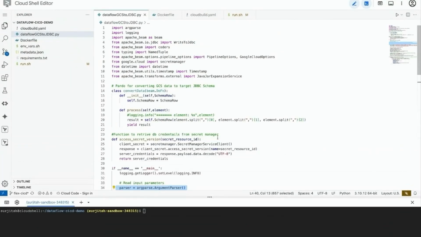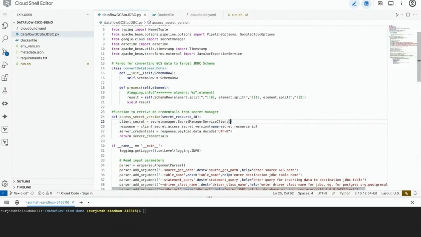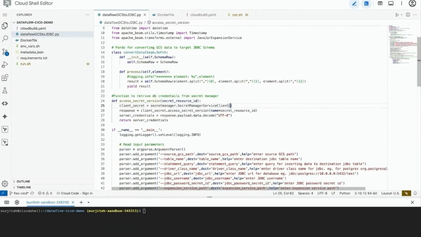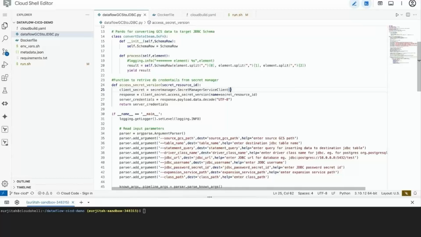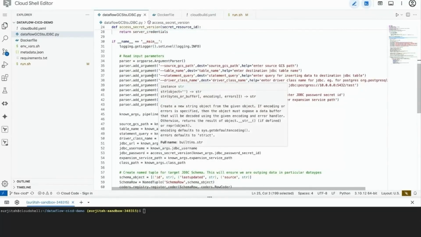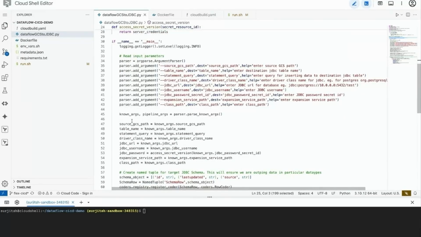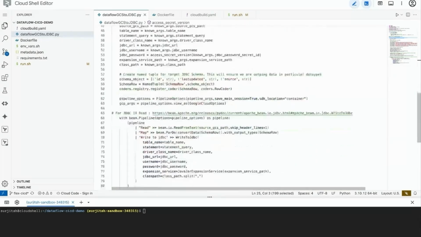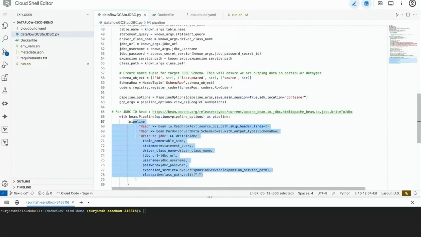So I have created this code, which is just a GCS to JDBC transformation. It reads data from GCS and writes data to JDBC. I've added code for pulling in the secrets from Secret Manager to connect to JDBC. And I'm using Python argparse to extract all my parameters. With Classic, we would have to use value providers for this, but using Flex makes it easier, so we can pass these parameters on the fly. So I could just pass my secret ID, and in the code, I could define my Flex to pull this from the secrets. And within the JDBC, I've defined the basic map operation, reading from GCS, writing to JDBC,